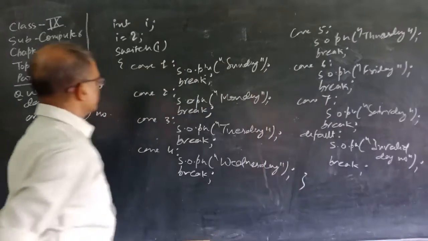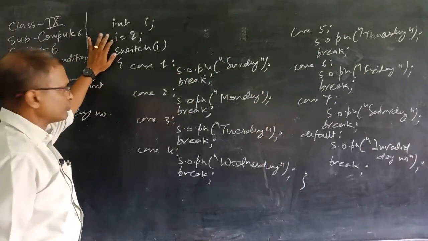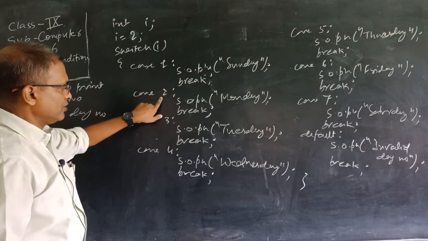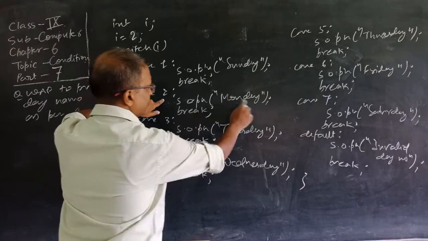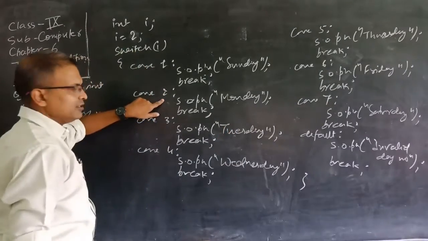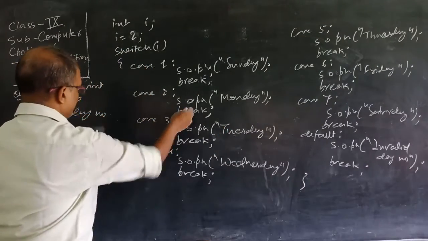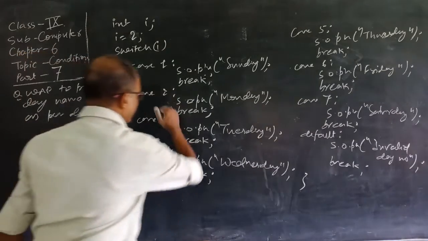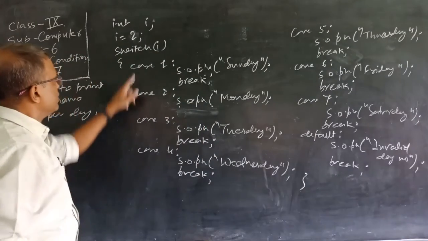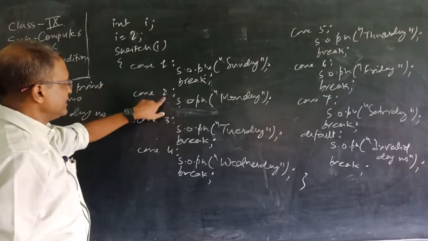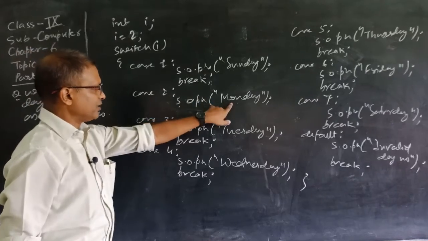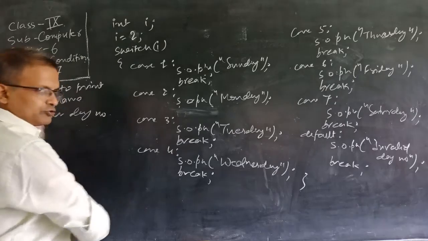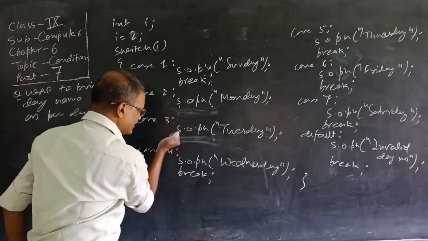Now let's execute it. First of all, here the value of i equal to 2, it will jump to case 2, and inside case 2 this statement Monday will be executed, Monday will be printed, and then break will exit, keeping the control out of the switch. I told you what will happen if there is no break. i equal to 2, case 2 matched, come inside it, print Monday, and then again it will print Tuesday. Here is break, it will exit from the switch. What will happen if there is no break here?